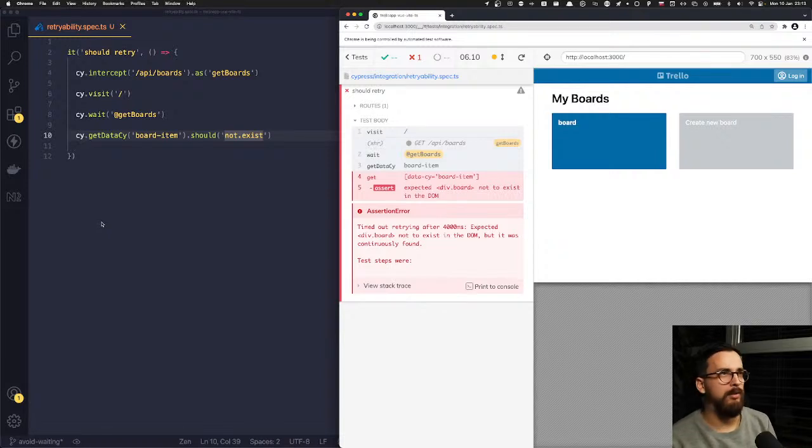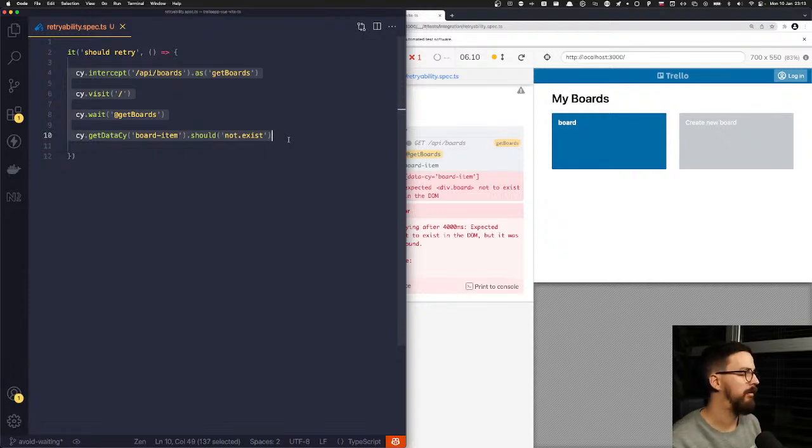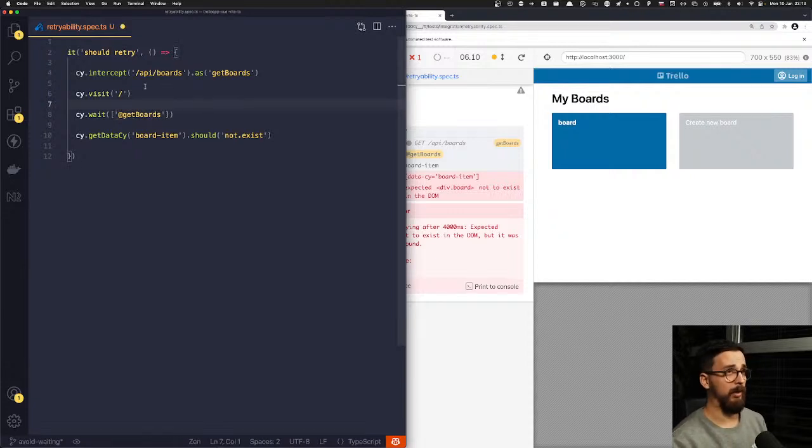Yeah. Anyway, so this again might be another example of how you can avoid using the hard wait and basically use explicit wait. And if you want to wait for multiple commands, so I don't know, these GET API boards will get called multiple times. The wait command can actually get an array. So if you want to wait for multiple